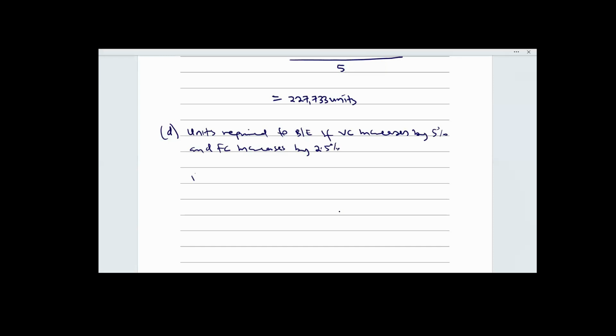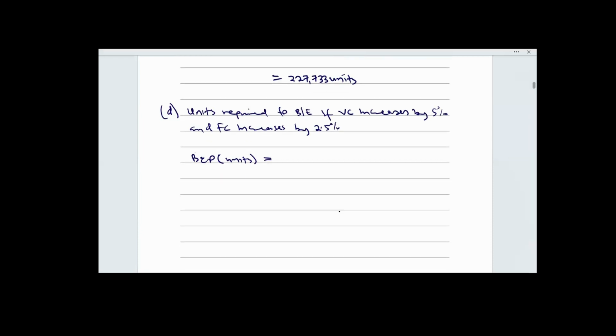Therefore, I would say break-even point in units is equal to, of course, you know the formula, fixed cost. In this case, my fixed cost is going to be a revised fixed cost. So in that case, I would come here, working